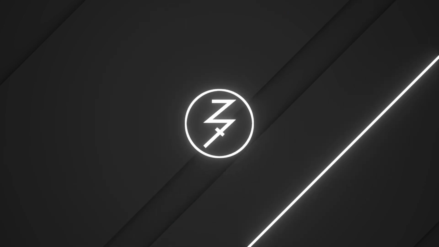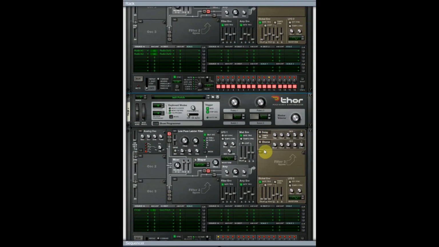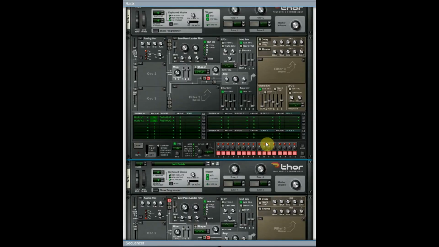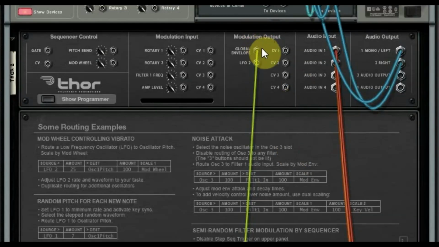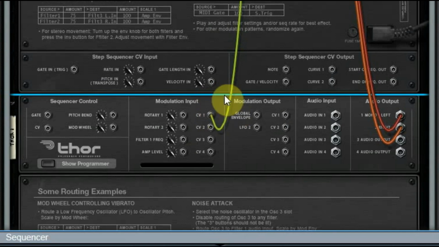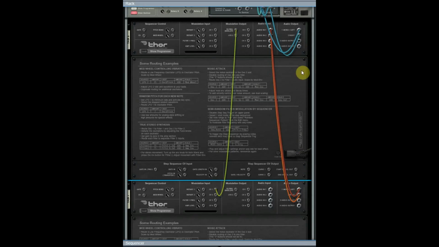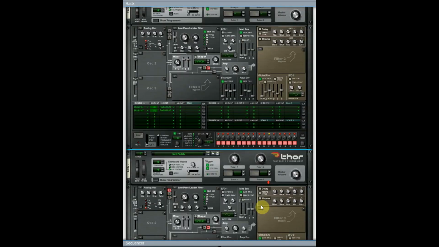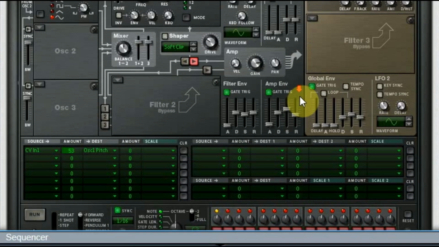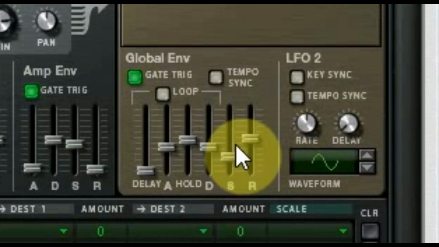So hang on. Here's a real simple example where I've taken out all the bells and whistles. I've got global envelope going to CV1, and I've done the audio routing again just to use it as a mixer. And CV1 in to oscillator pitch. So if you're looking at this global envelope here as you listen to this,